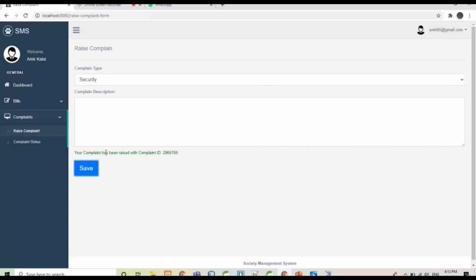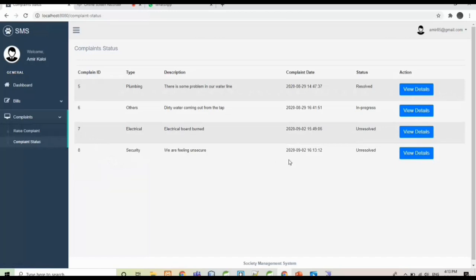You can see that the complaint has been raised with this complaint ID. Let's see the complaint status. You can see the recently raised complaint by this member at the bottom of the table.